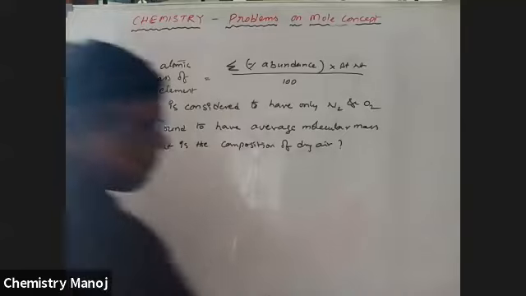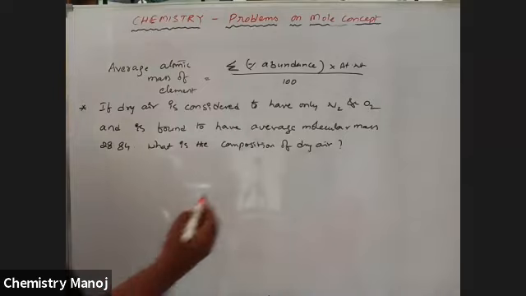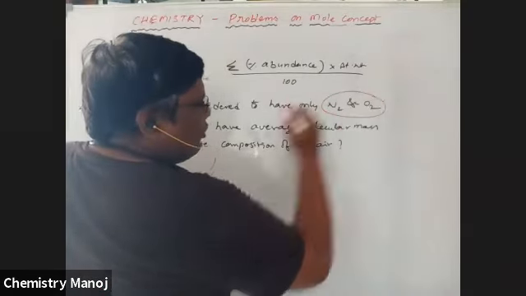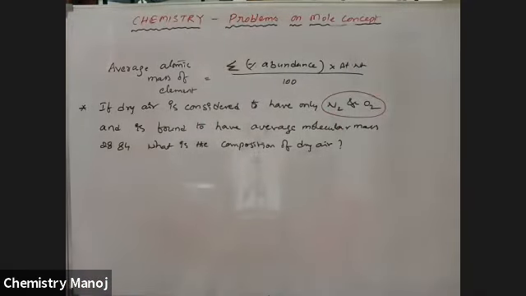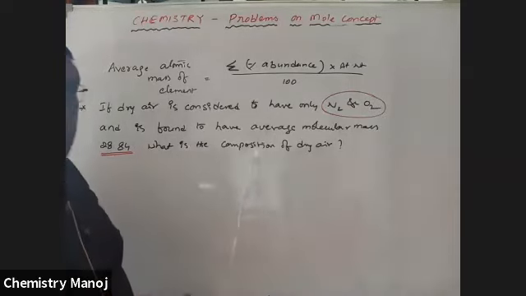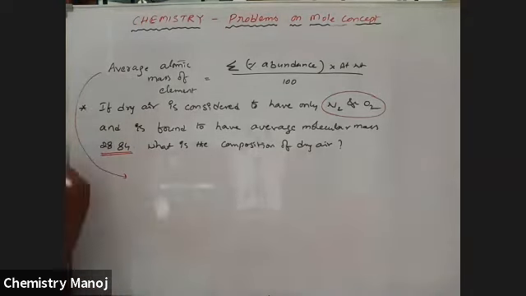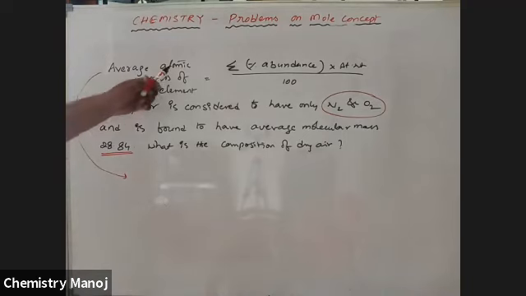So in this problem, dry air is taken. It is only having nitrogen and oxygen; no other gases like CO2, water vapor or something else are considered. Actually, air contains those also, but he considers only those two. So the average molecular mass of air is 28.84. Now, what is the percentage of nitrogen and oxygen in this? Yes, correct. Now apply this formula here. Here it is average atomic mass; here I am going to take average molecular mass.